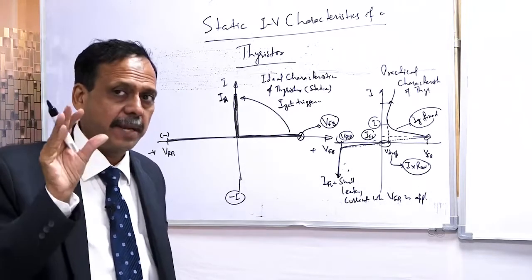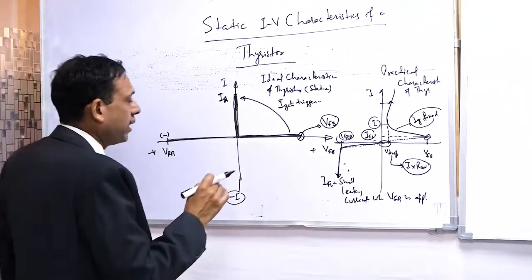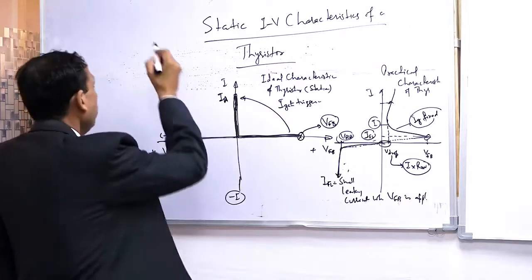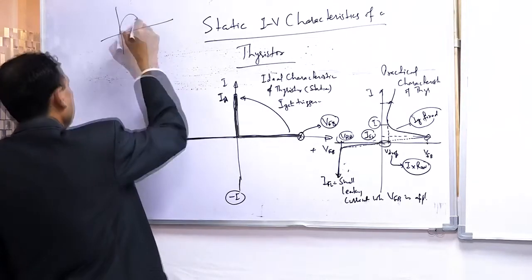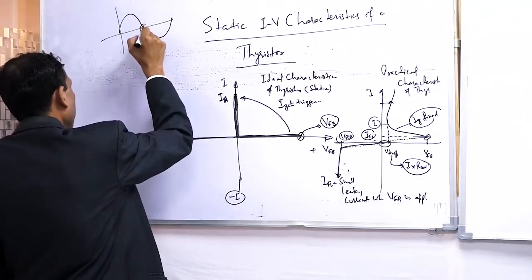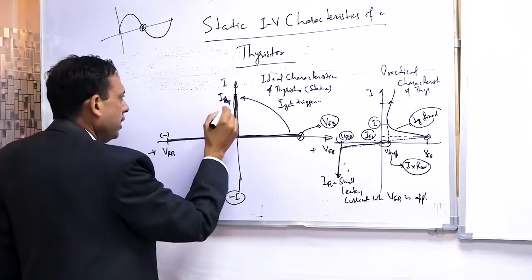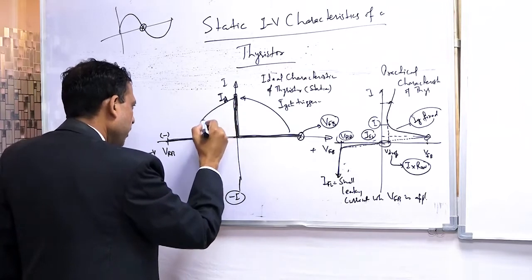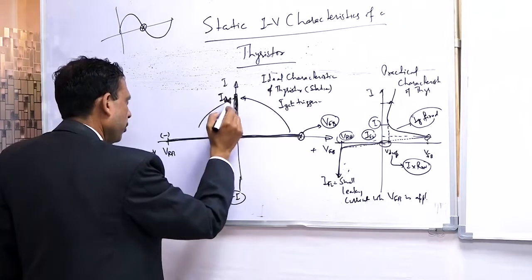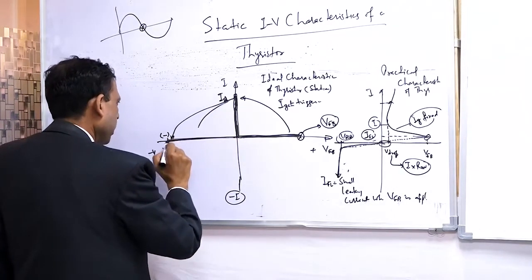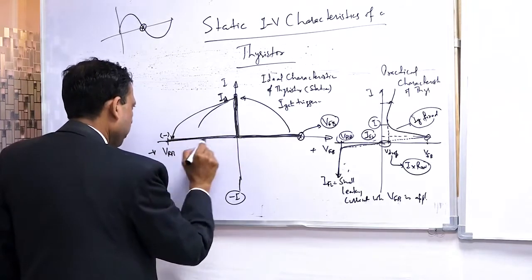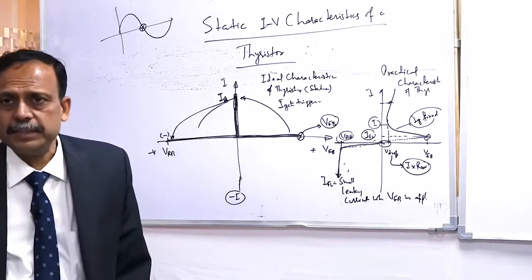This is very interesting. Whenever the current is going to zero, in that case, if you apply the reverse negative voltage, this will suddenly come to this point. So the reverse blocking voltage will be put. And after that, what happens?